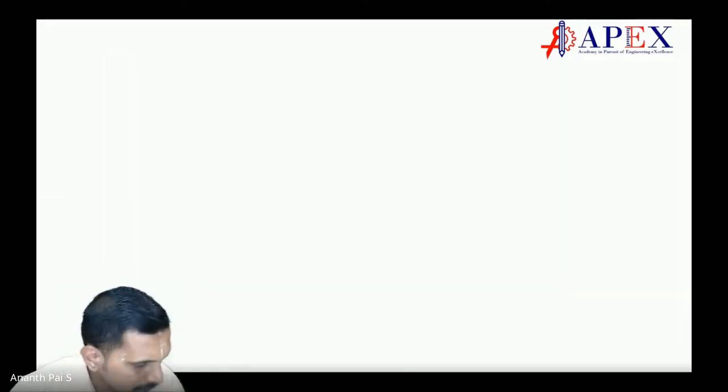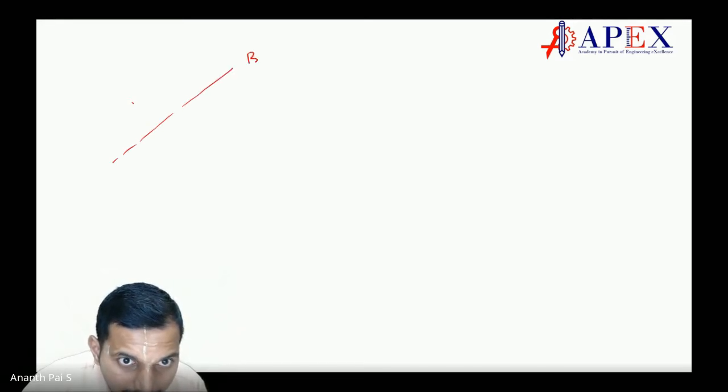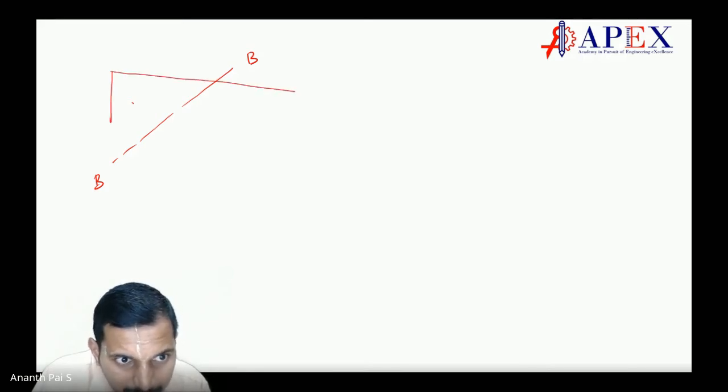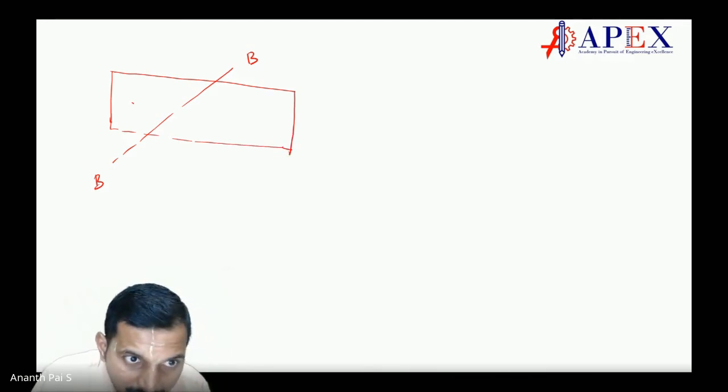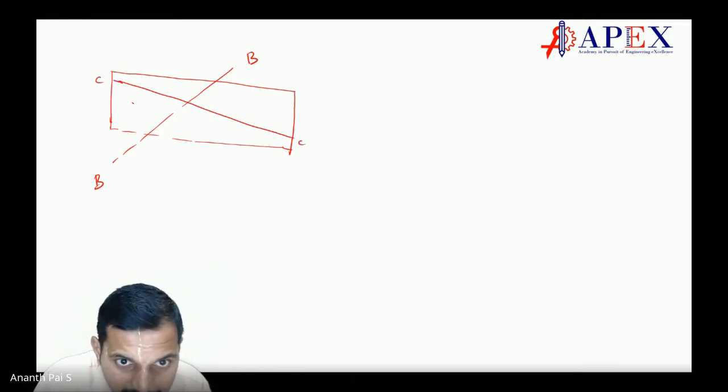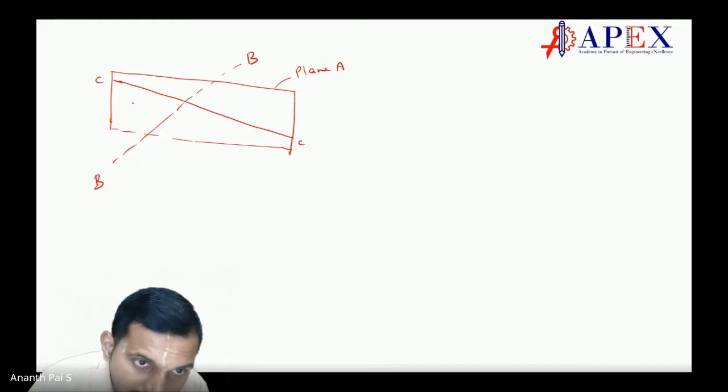Now the force which is there, let me put it again. This is the axis BB, and then you have a plane somewhere, which is at a distance, and we have a line on that plane given by CC. This plane is plane A, and BB is somewhere else. But you draw a line from this to this one such that it is perpendicular to this line, and this is A, this is D, fine.